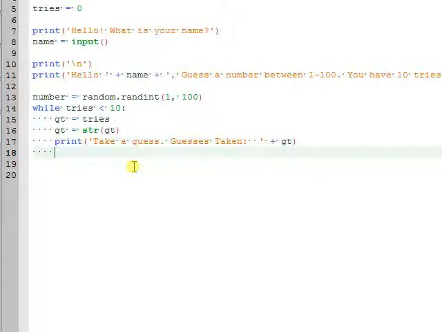So now, we just prompted the user to do something, right? So now what do we have to do? We have to then hold that. So let's put guess. Guess equals input, right? Because we're asking them to take a guess between 1 and 100. So now let's turn that guess, that input, into an integer, because we have to. And the reason why is because